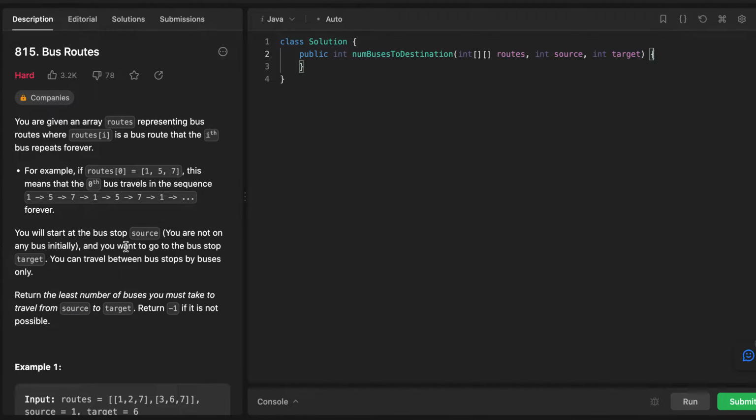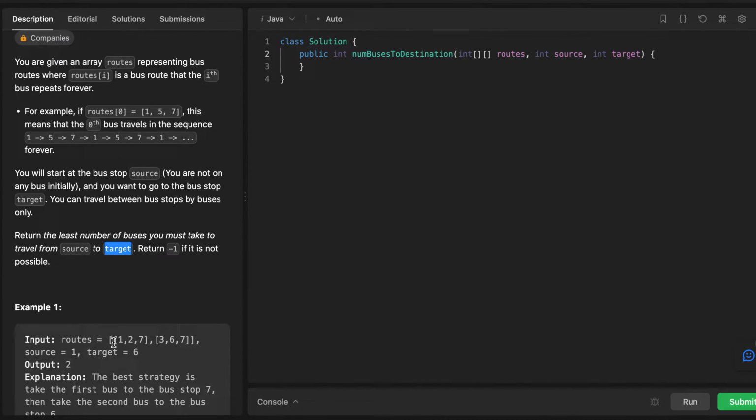where we need to find the least number of buses that we take from source to target. So given all these routes, these are the stations in here for a given bus. These are other stations for another bus. So bus A contains all of these stations, bus B contains all of these stations, and if a path exists, so